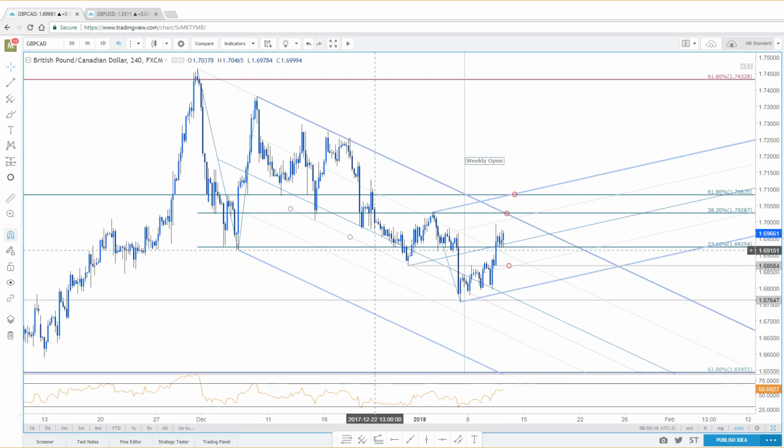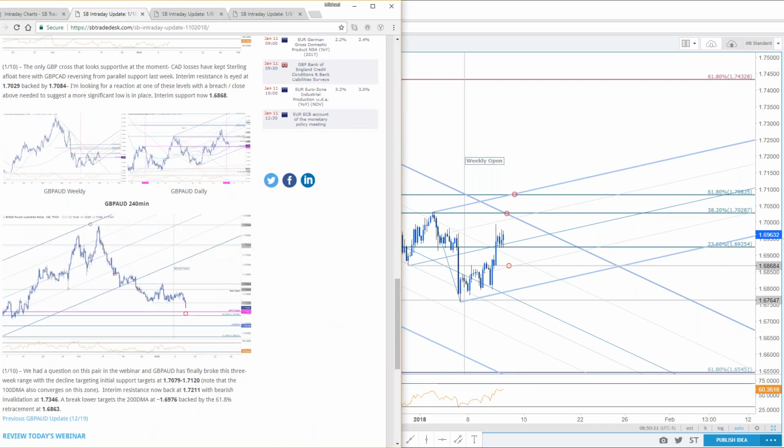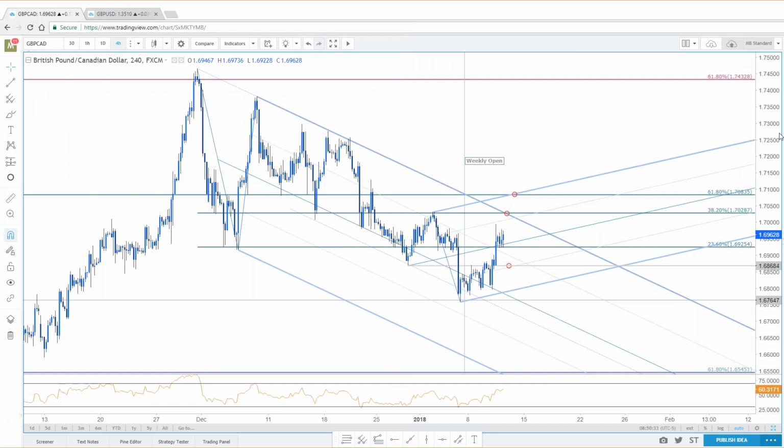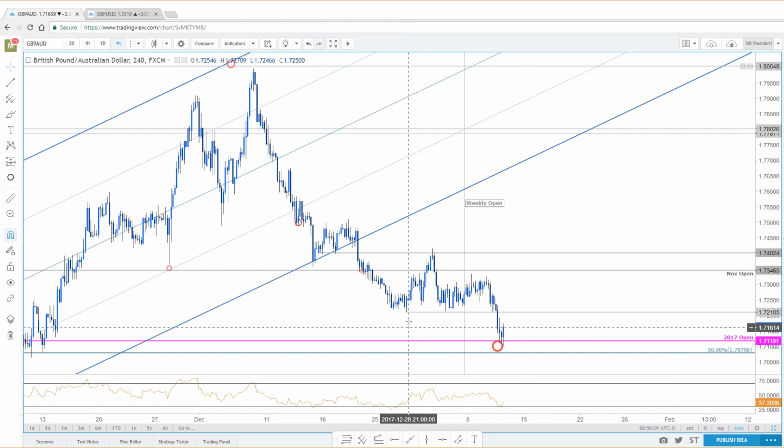And then this one was a little bit cleaner, in that I just loved that we were talking about this. Who asked about this here in the room yesterday? Was that you, Christopher? I think it was you, right? Pound Oz. And when you first brought it up, the first thing that came to mind that you heard me say was range. Range. It's been there since basically the December lows.